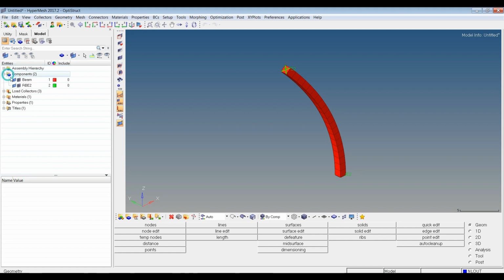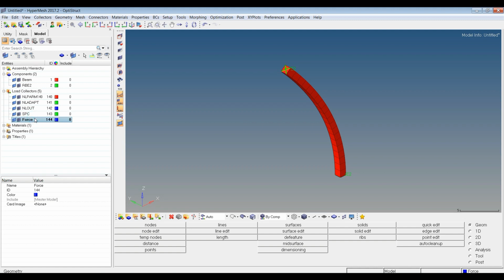Next check whether the model is designed with the material and the property. Also the parameters related to nonlinear analysis are defined. Next we have to create the load collector for the force and the SPC. To create the load collectors, right click on the model browser, create load collector. Let us give the name as SPC. Let us create one more load collector for force. Make sure the card image is set to none for both SPC and force.